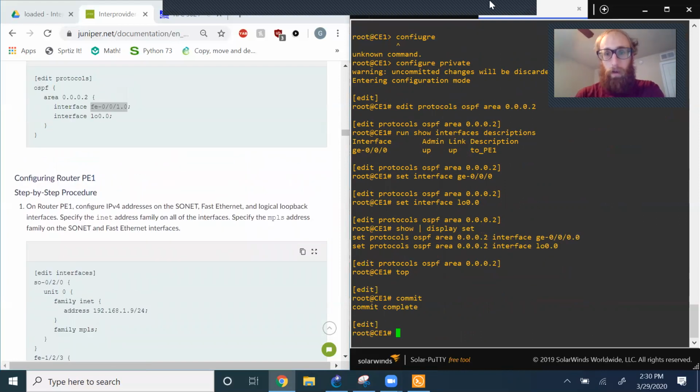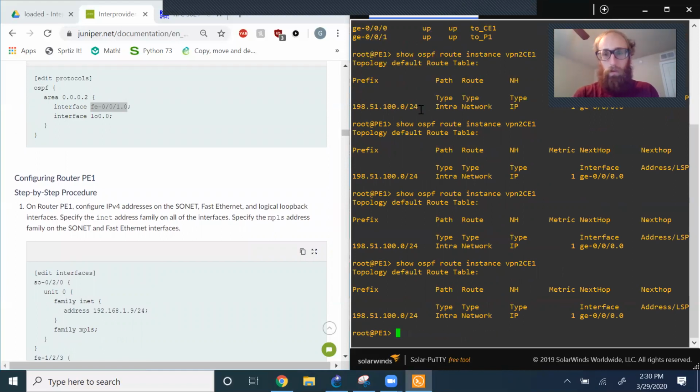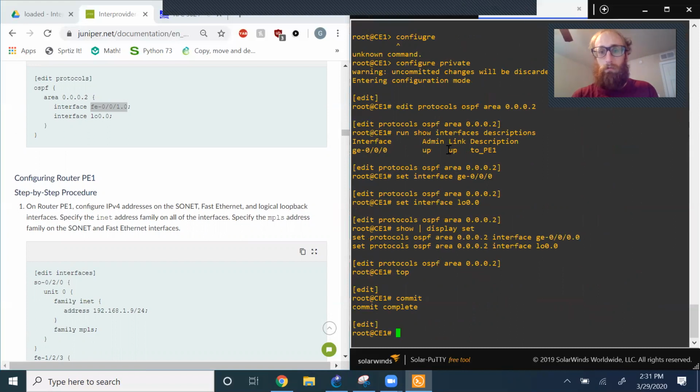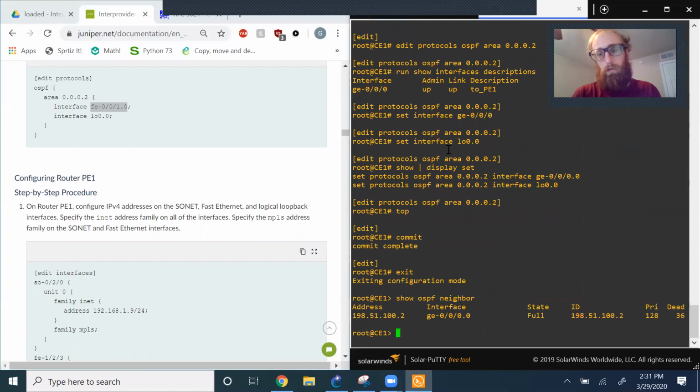So let's go back to our run and run that command again. Let's check on C1 because there might be another neighbor on here. Yeah, so you can see this is the neighbor on the other side. So it's not saying that the neighborship to C1 is up. Oh, yes it is. Okay, well,